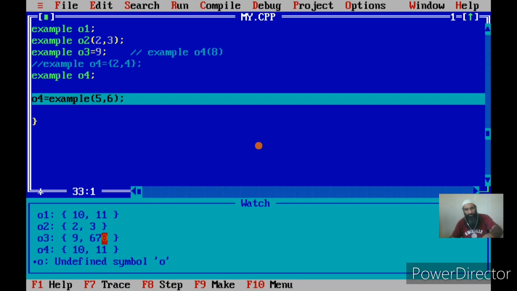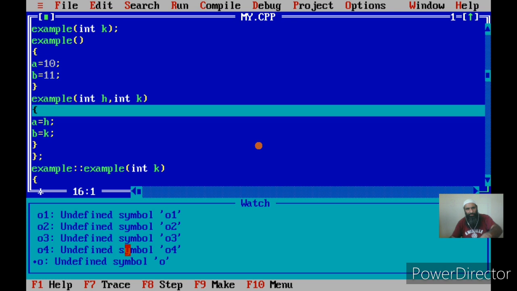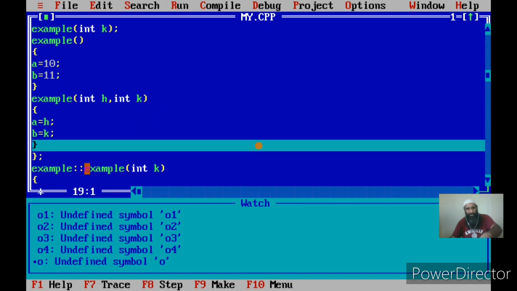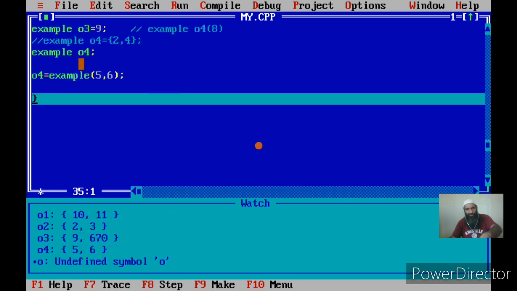Now observe the values of A and B of O4. They are 10 and 11 before this. Now a two argument constructor has been called, that is the parameterized constructor, since I have given two parameters, and the values of A and B have been initialized to the values of H and K, which were of course supplied as 5 and 6. If you see, the values of A and B members of O4 have changed.